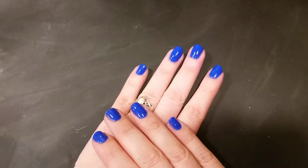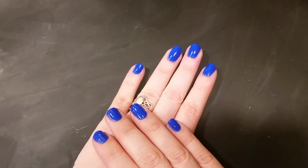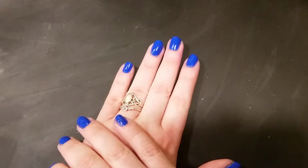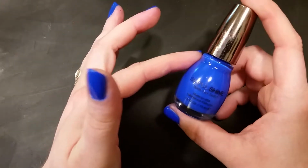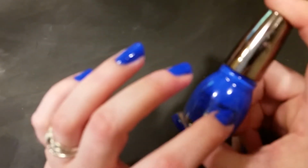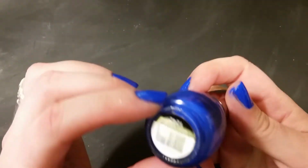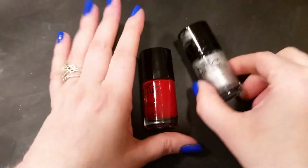This week's theme is Independence Day, and nothing says Independence Day like fireworks. So we're going to do some firework nails. As you can see, my nails are blue. I have used, for a change, this is a sinful color. No, not a sinful color. This is a sinful shine. I got it for my birthday a few years ago, so I don't know how much it is, but it's nice and blue. And then for the fireworks, we're going to have red fireworks and silver fireworks, which are